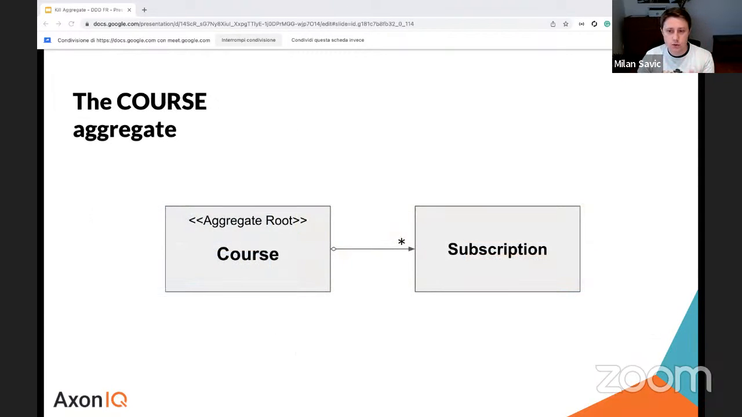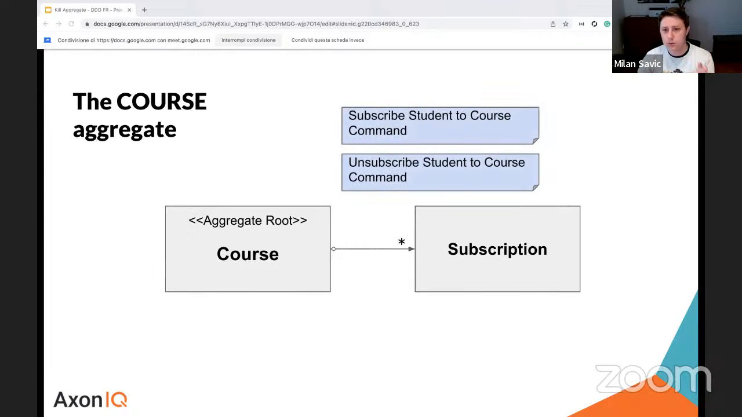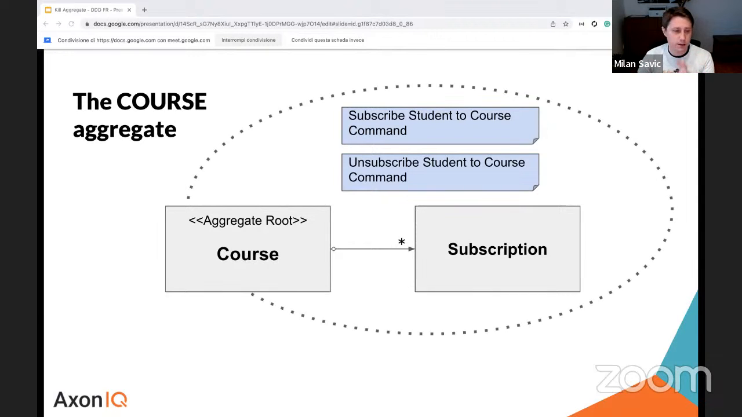Let's take a look now at the aggregate from the storage perspective. Let's say that this is a state-stored aggregate. We have an aggregate root that is a course, and it contains a bunch of subscriptions. Now, when we need to take care of commands such as subscribe and unsubscribe student to and from course, we need to load the whole aggregate, and that's perfectly fine, right? We need to load all the data related to this aggregate. However, when we need to take care of the update course capacity command,